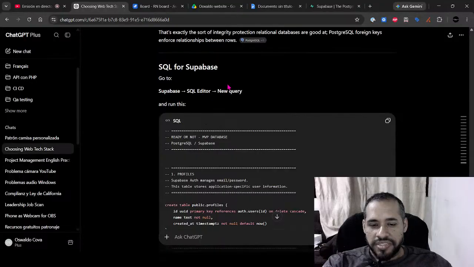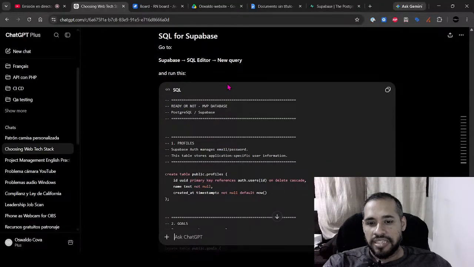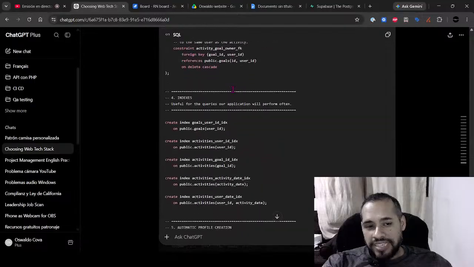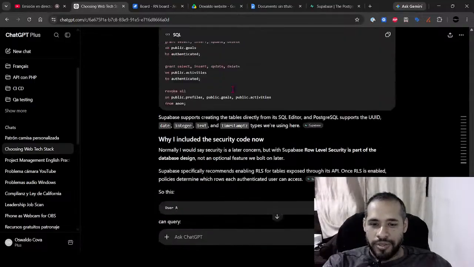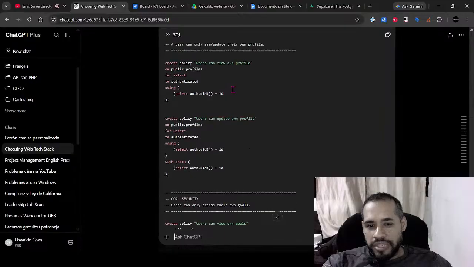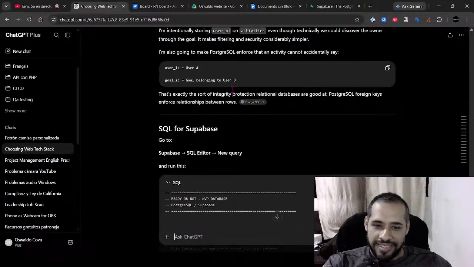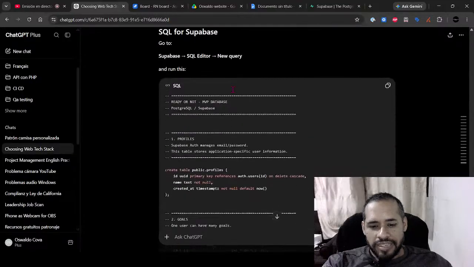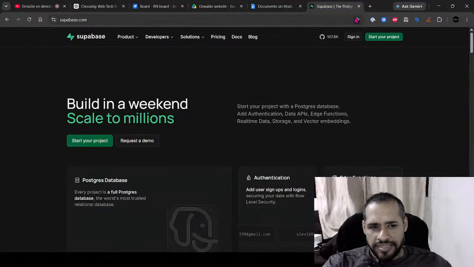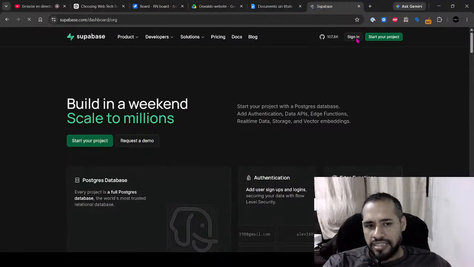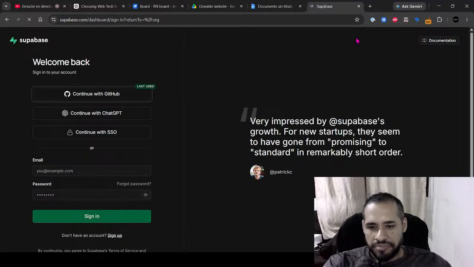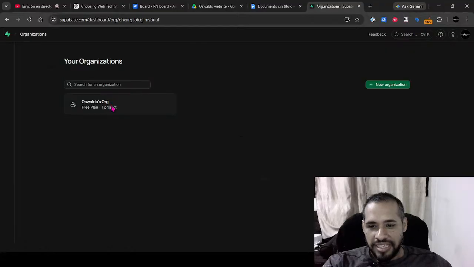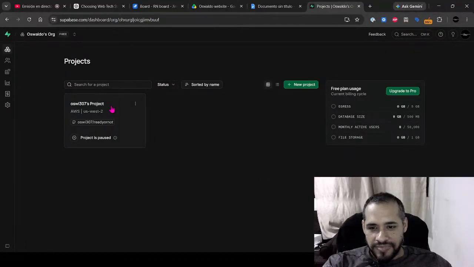Yes, this is the information that I was asking ChatGPT, because we don't need to write this long code anymore. So we can just paste it, and that's it. I'm gonna see if I can connect to my Supabase. I don't remember. Let me see if this is okay. Hopefully, I'm not sharing with you any credential.